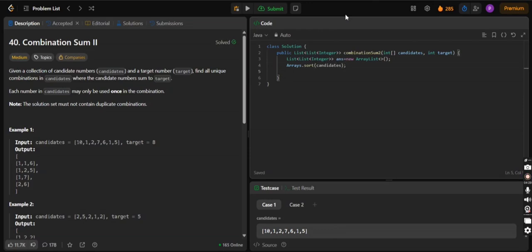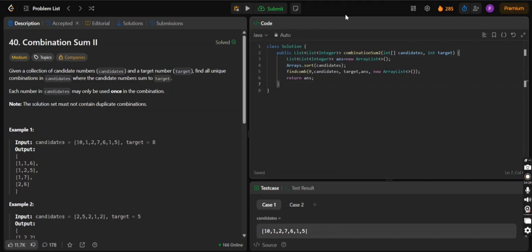Then we call the recursive function findCom, passing 0, the candidates array, target, the answer list and an empty array list that will store the combination for the target sum, and at last we return the answer list.